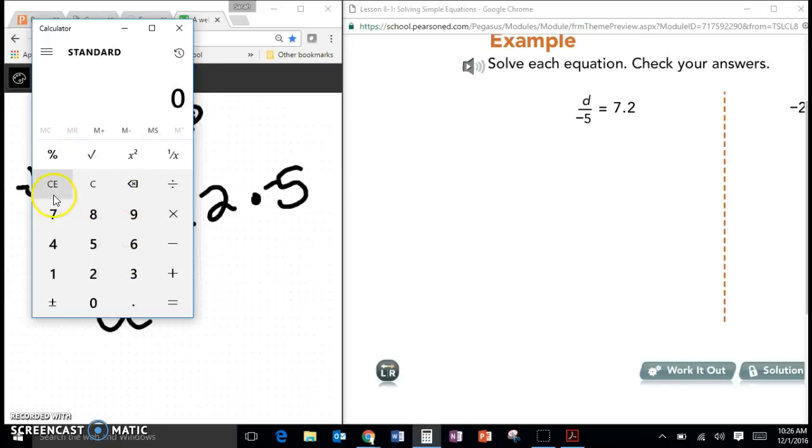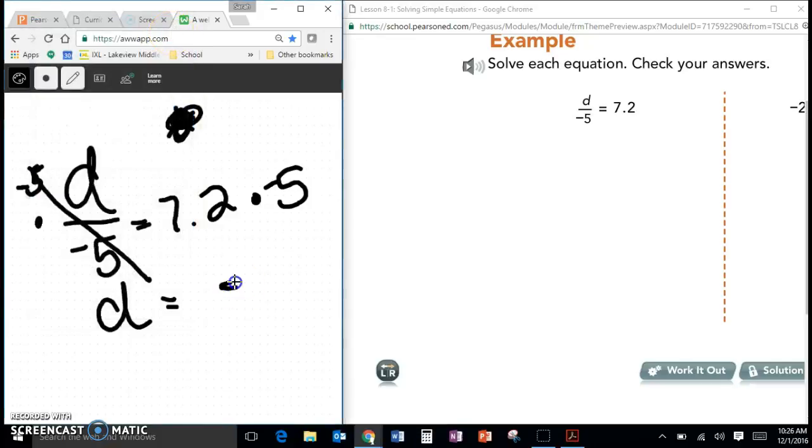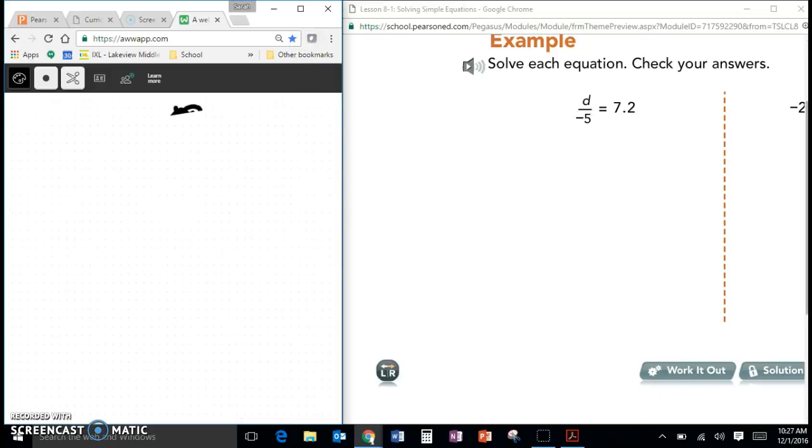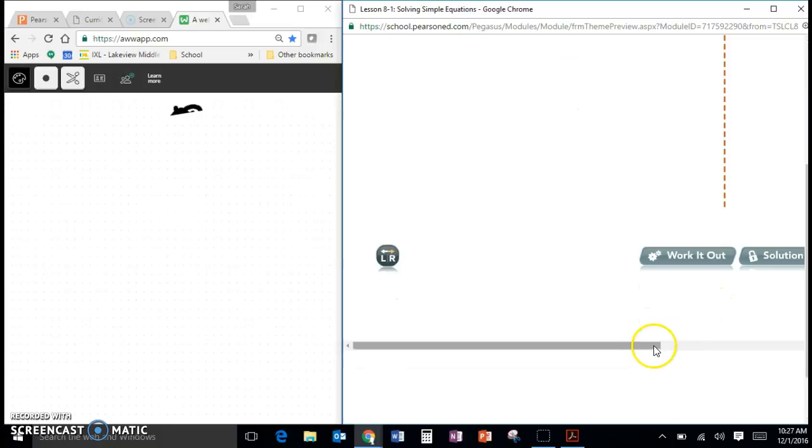So clear this out. 7.2 times negative 5 is negative 36. D equals negative 36. Now, my problem has one more, so I'm going to erase this all. Okay, and my next equation I'm supposed to solve is,